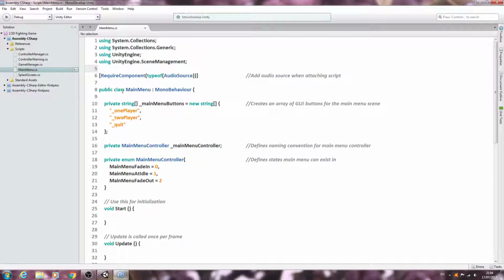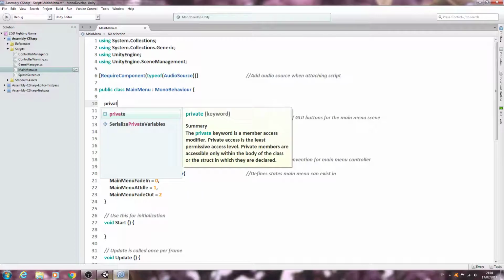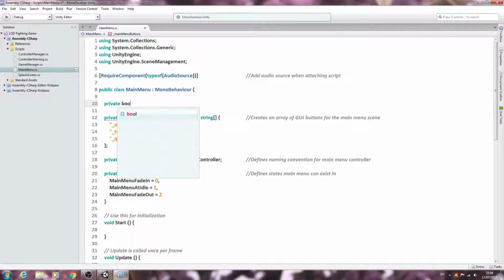So we're continuing on with the creation of the main menu and we're going to get a few more basic things into place. Now the first thing is right at the top here. I'm going to create a private bool. We'll say underscore PS4 controller. Let's close that line off and in the comments we'll say create bool